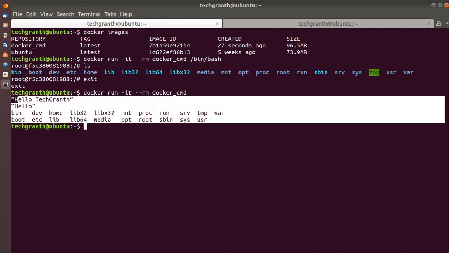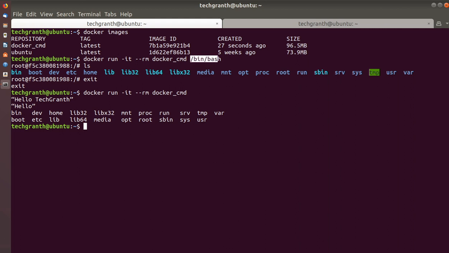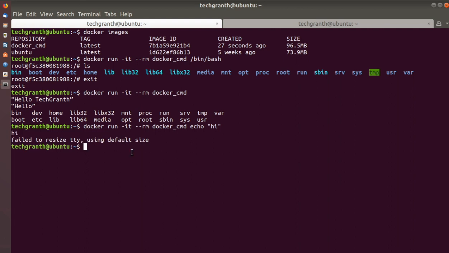But we can override them with this one. Now if I use here echo hi and run this, it will show us the hi message. So hope you understand that for the cmd instruction we can override the commands used in our Dockerfile. But let's see for entrypoint.